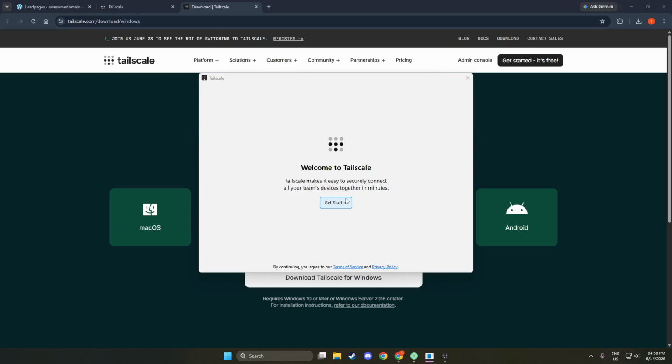Now Tailscale is ready to be launched and configured according to your needs. You're all set to explore its features and start using the virtual private network capabilities it offers. Remember, understanding each step in this process is key to ensuring a smooth installation. Installing software correctly not only enhances performance but also ensures security and stability. This process you've just completed is the foundation of a secure and efficient networking experience.